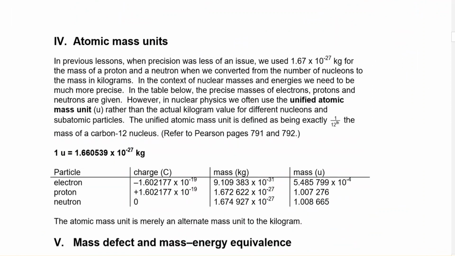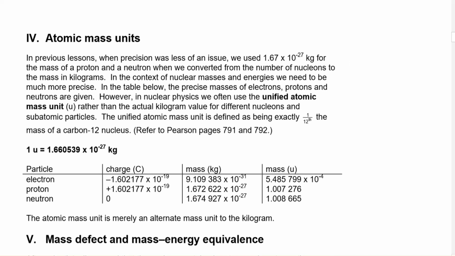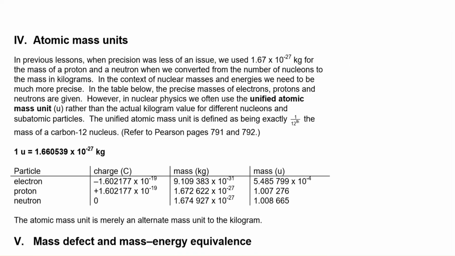All right, moving on. So atomic mass units. Atomic mass units were created for really the same reason. In the last unit, instead of talking about a really, really small number of joules, we created electron volts, just to use nicer numbers. Well, we're going to do the same thing now with atomic mass units. So instead of writing very, very small numbers like 1.67 times 10 to the negative 27 for the mass of, let's say, a proton or a neutron,